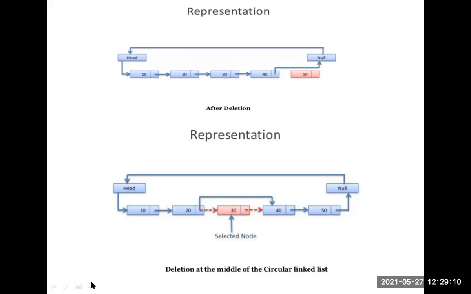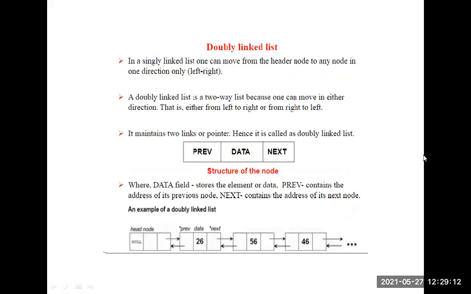Next concept is double linked list. A single linked list means there exists only one link. In a double linked list, a left link is there and a right link is there.